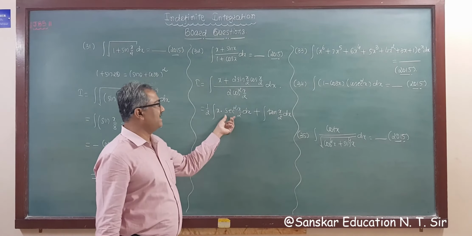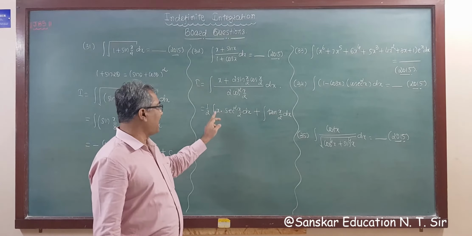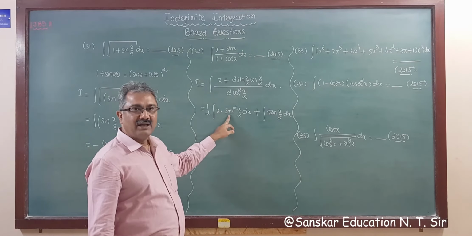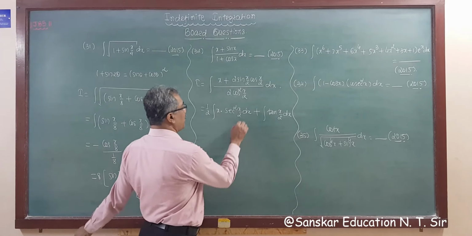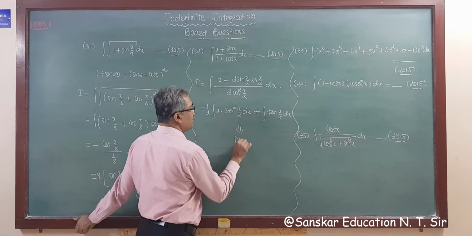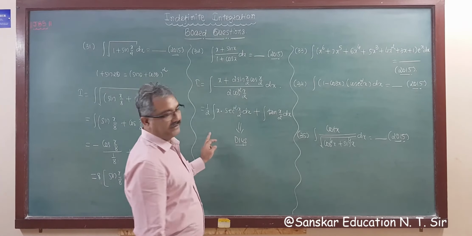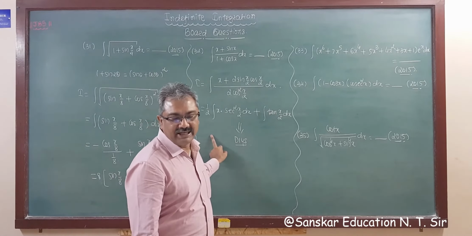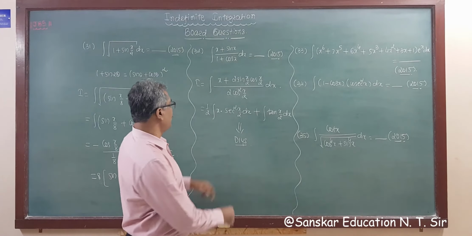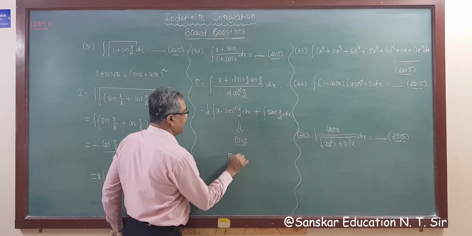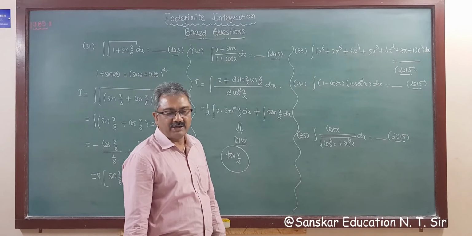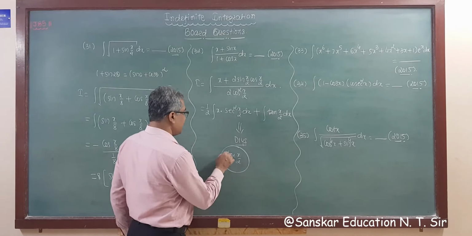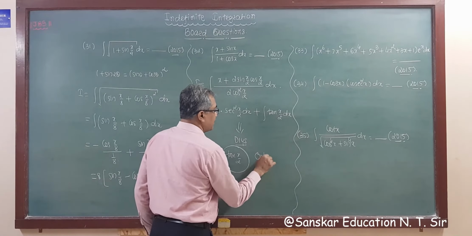Now this is very easy. u into v, x is u, this is v, and the integration of this you know. So I'm leaving this for you to do yourself now, right? Do it yourself, and your final answer for question 32 is tan x by 2 into x. So option B is your correct answer, right?